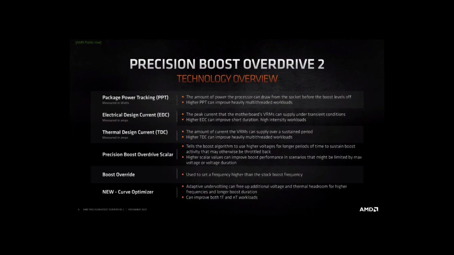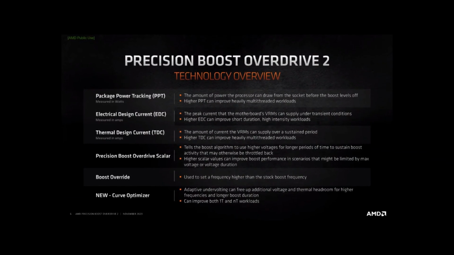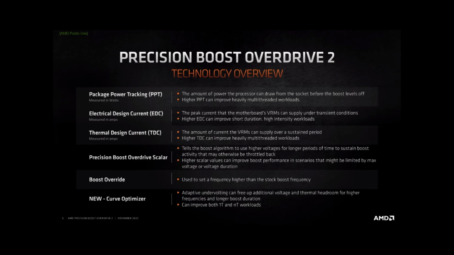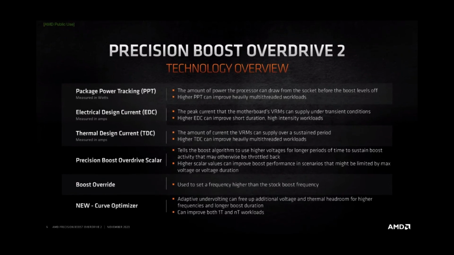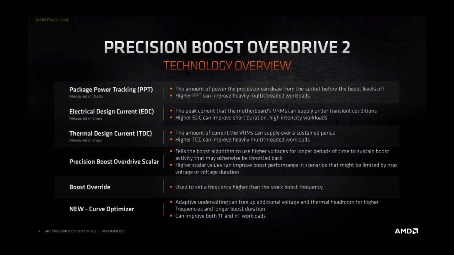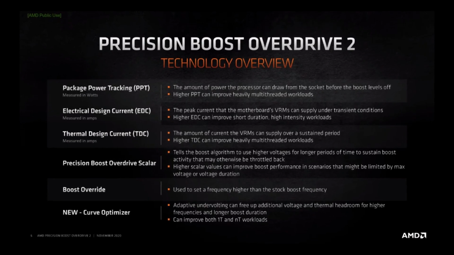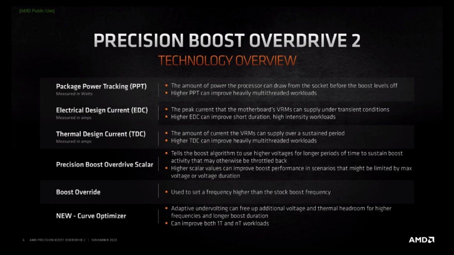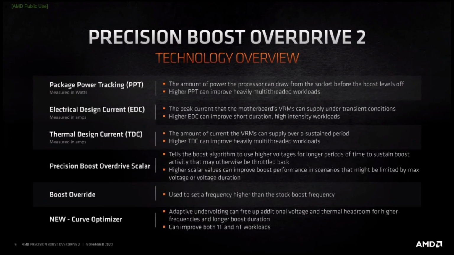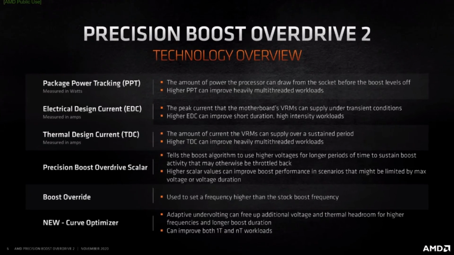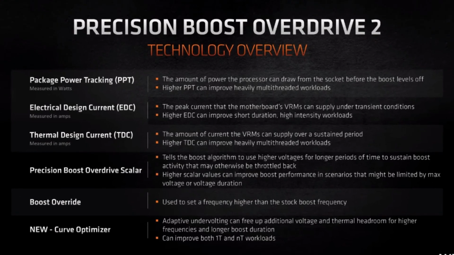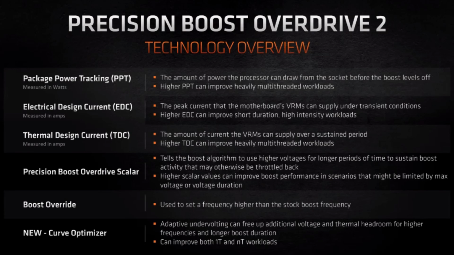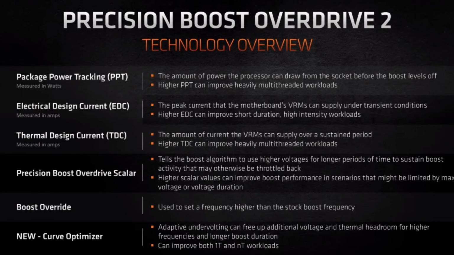PPT is the socket power limit. It's measured in watts, and increasing socket power allows the CPU to use more in multi-threaded scenarios and can raise multi-thread performance. Where EDC is the peak current that the VRM configuration on the motherboard can provide you, and then the sustained is TDC, or thermal design current. So once you've been using those VRMs for a while and they've warmed up and you're saturating them,